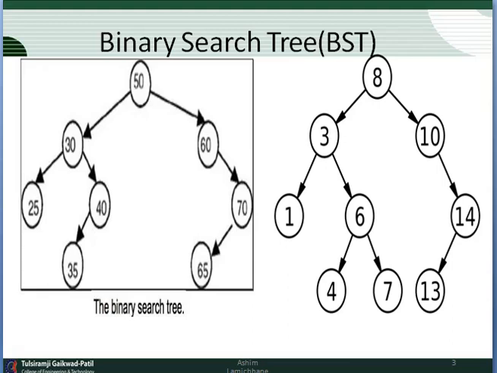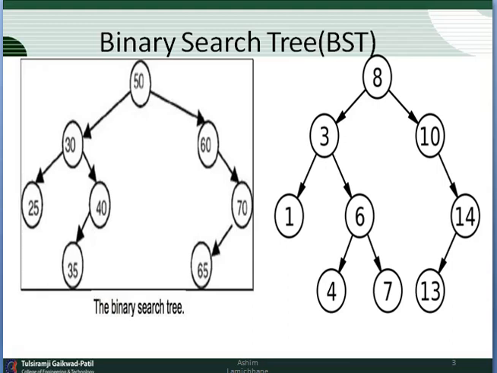But all the values which come on the left side of 50 should be less than 50. Of course 40 is less than 50, but it is greater than 30. That's why it is placed on the right hand side of 30 and on the left hand side of 50. Same thing is applicable on the right hand side. The values which are greater than the root node, that is 50, will be placed on the right hand side of 50.